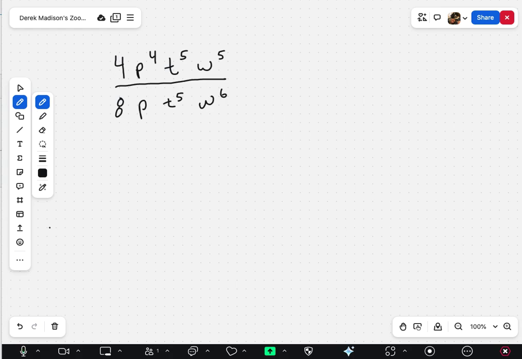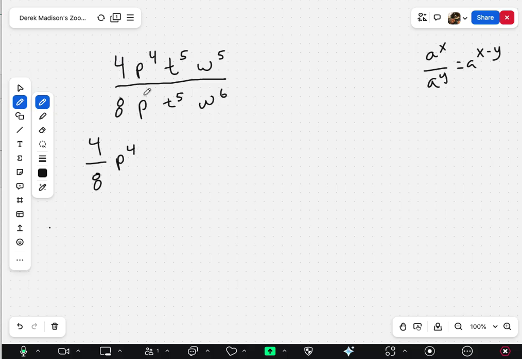Hey Lisa, so there are a couple of ways of looking at this one. If we use the subtraction property, there's that one property that says if I have a to the x over a to the y, it's a to the x minus y. So if I do that one, then this would become 4 over 8